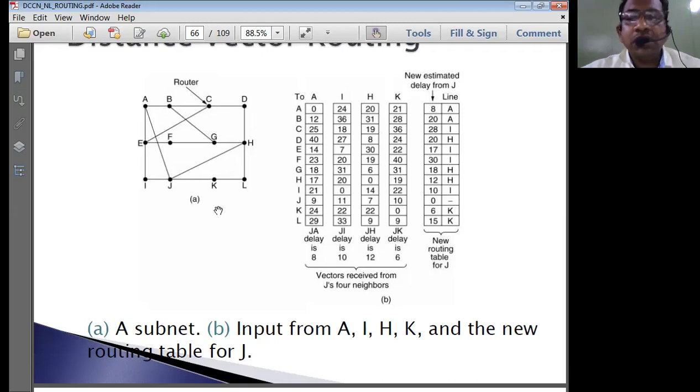Because all the routers are advertising about A in the network. So this advertising about A through the network has to be avoided. Say for example, B is the nth node, A is the damaged node. Okay. So B is the node which is nearer to A, or E is the node which is nearer to A. That means B and E are known as nth nodes in the network.